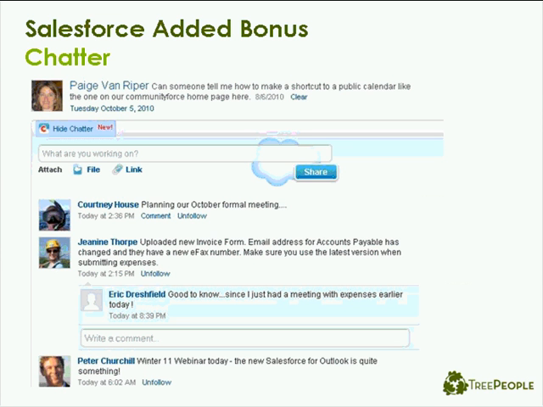And there's an added bonus I just want to make you aware of with Salesforce, and I wouldn't say we're using it a whole lot yet because only about half of our staff has Salesforce licenses at this point. I hope to change that eventually. But they just debuted something called Chatter in the last 6 months or so. And Chatter, as you can see, looks very much like Facebook. It's kind of like a combo between Facebook and Twitter in many respects, and so people can create a profile for themselves. And this is particularly useful for bigger organizations.